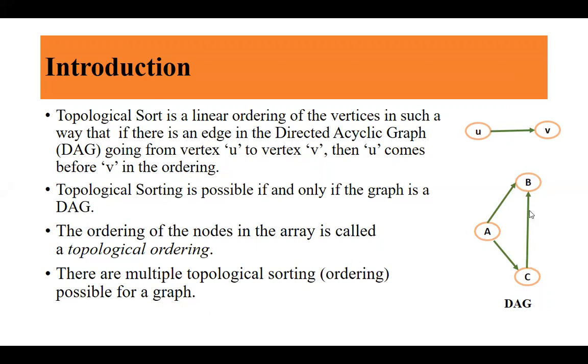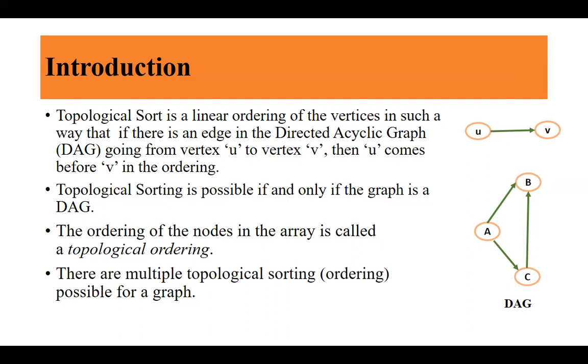Now, this is an example. It's an example of a DAG. It means it's a graph which is directed. Arrows have directions, and there's no cycle, like from A to C to B, but you cannot come back to A, right? So the graph does not have any cycle. So it is a directed acyclic graph.